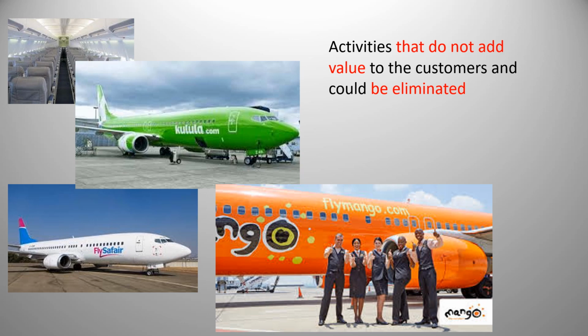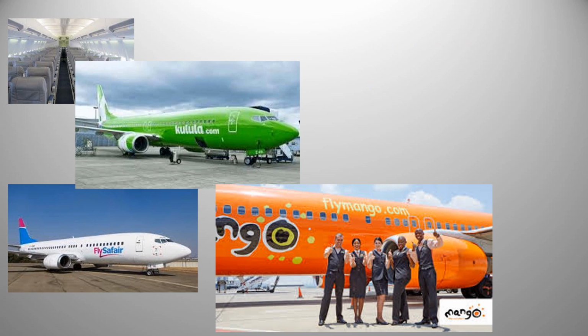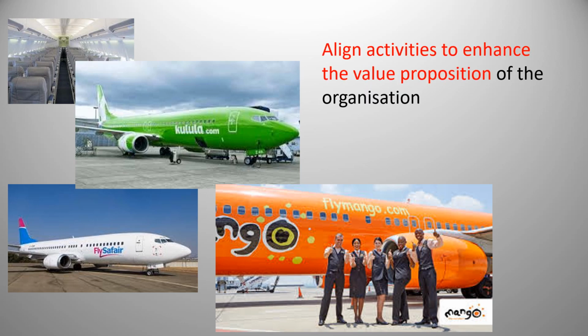The final step in conducting the value chain analysis is to understand how activities that are performed add value to offering the cheapest and fastest way to get to Cape Town. For example, Kulula has realized that a large portion of their cost relates to paying for parking space at airports. They therefore focus on quick turnaround in getting passengers off the aeroplane, loading cargo, and getting the new passengers on